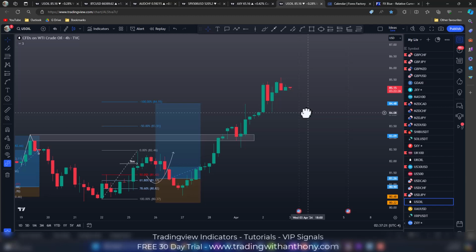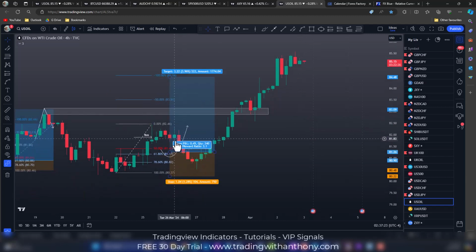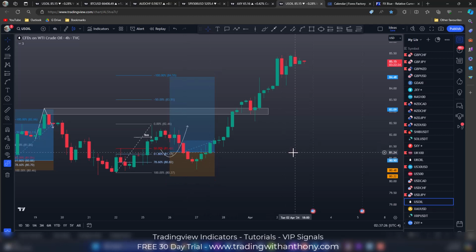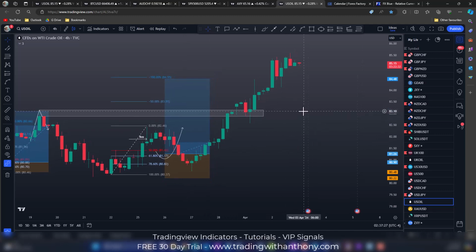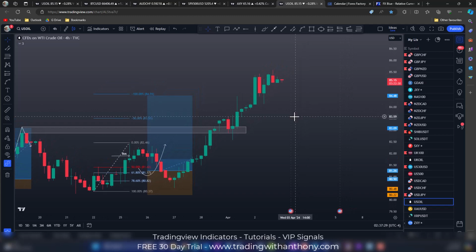Traders, looking at US oil, this was an idea I posted recently and it worked out quite nicely. So I'm looking at a similar idea here. Okay, we're on a bullish run at the moment. So I'm looking for a retrace down into,